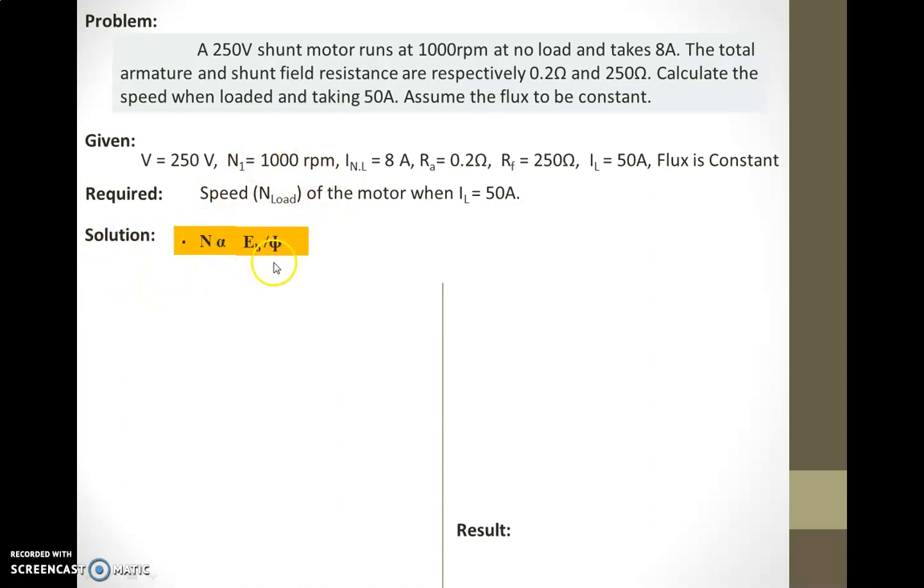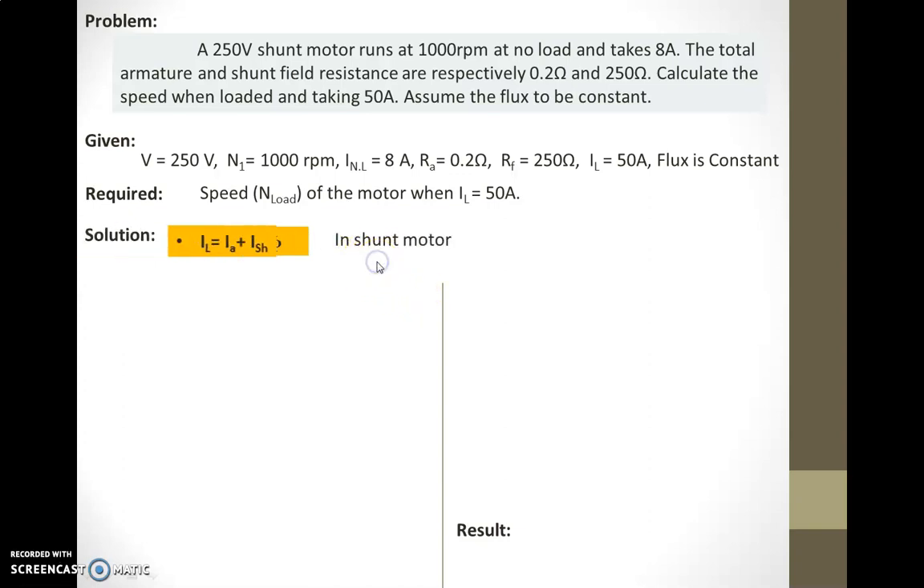N is proportional to EB by phi. It is a relationship we have to know. It gives a relationship between speed, back EMF and flux. Speed is directly proportional to back EMF and inversely proportional to the flux. It is the very first and foremost relationship between speed, back EMF and flux. And